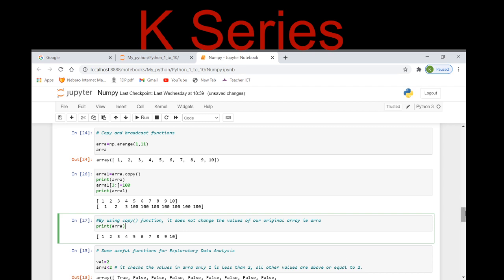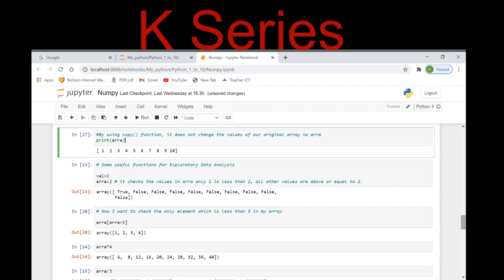So now let me show you a few more very useful exploratory data analysis functions here. Let me take one variable here and I have assigned values. Now if I say array is less than 2, what exactly will it do? It will check the values in the array, only one is less than 2, and all the other values are above 2 or equal to 2, so it is giving me false.